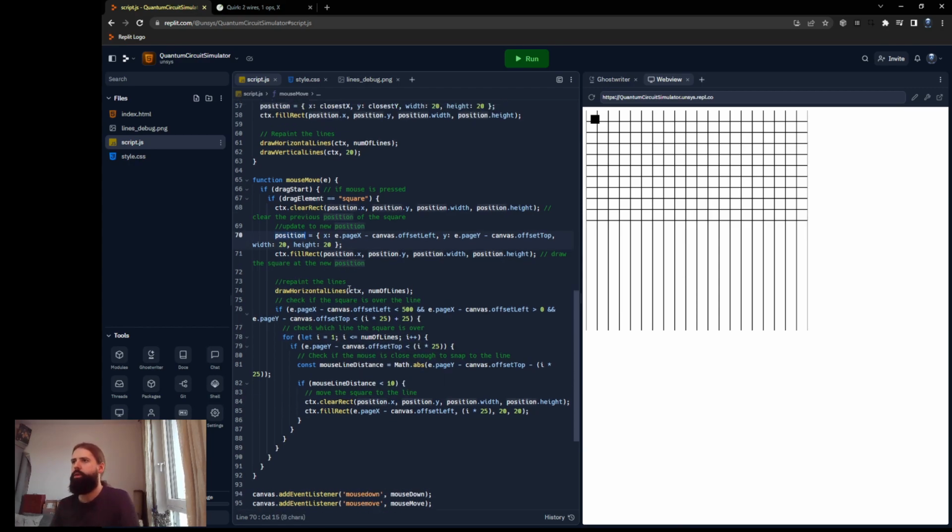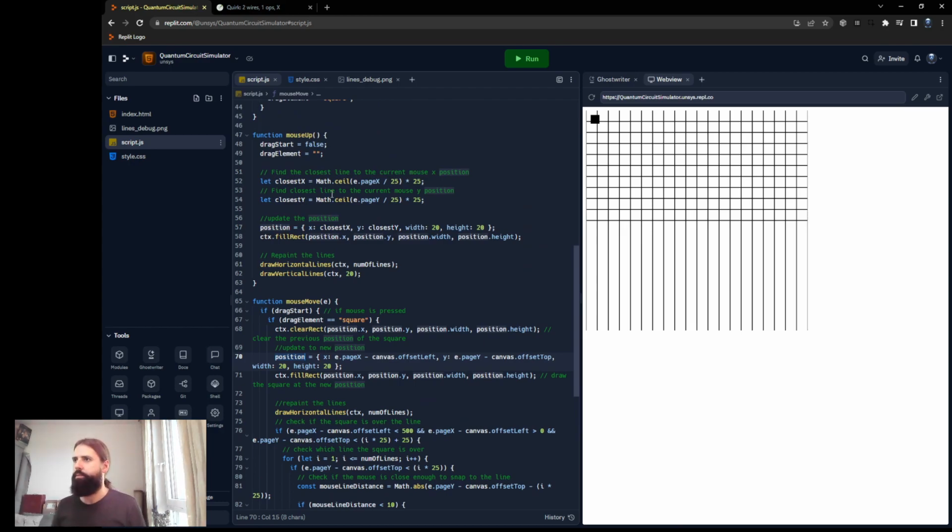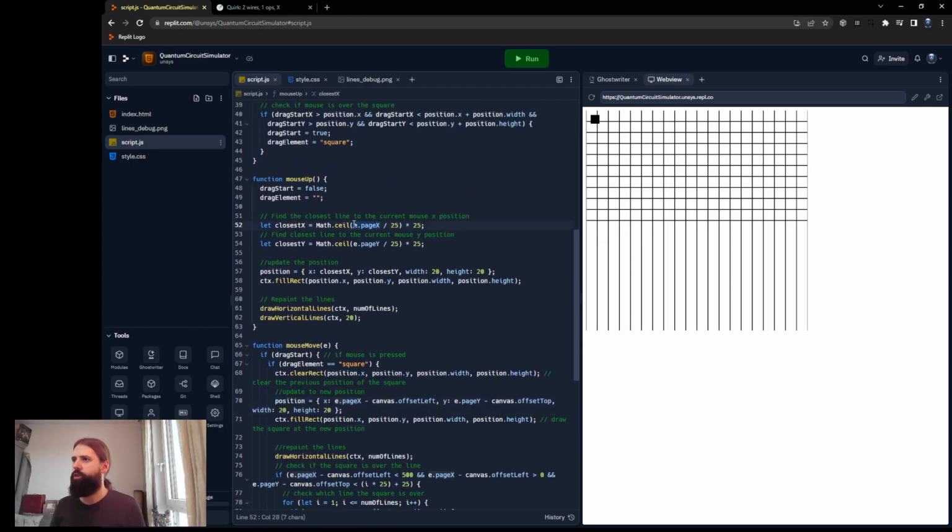Yeah, update the position. So I think I should just use position.x and position.y. Okay, not bad. But let's say this one. Okay. Not bad. What needs to happen is